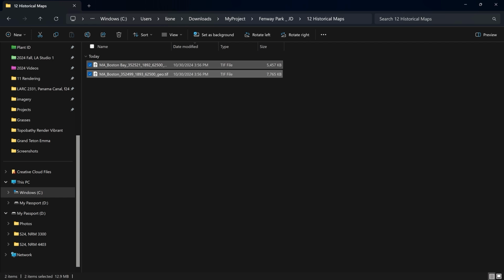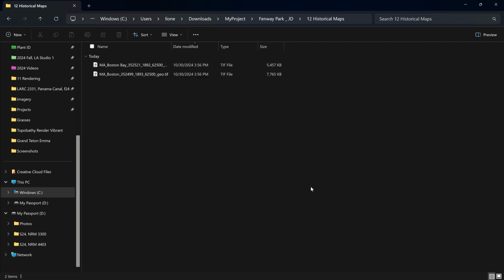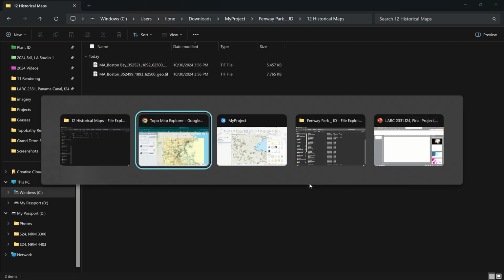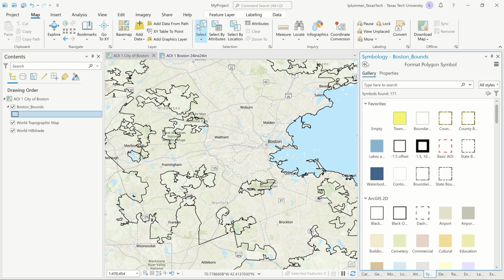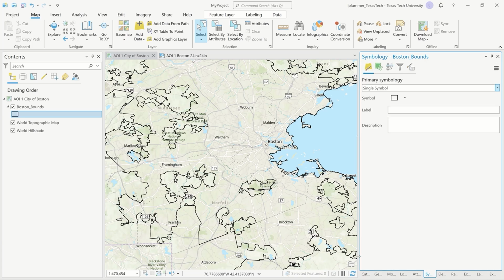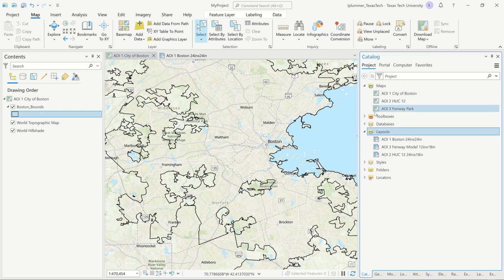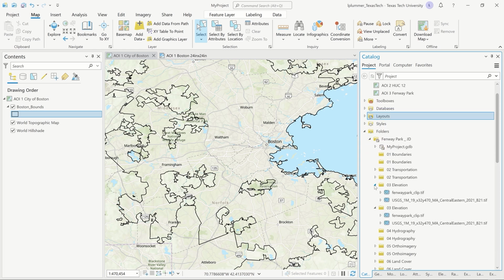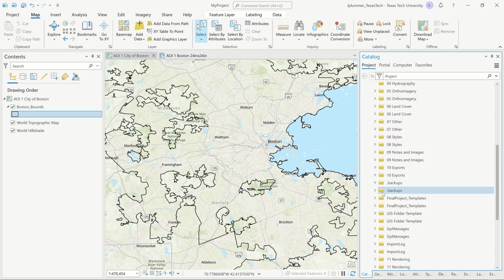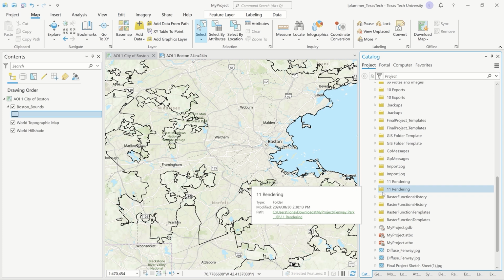Okay, so now we can head back to Pro. All right, and I've got to do that this way with the recorder. Okay, and then we are going to go over to the catalog, and we're going to go to our project, and now we need to go and find that folder we just made. Okay, so JD, we got issues here. I don't know what is going on. Okay, so let me